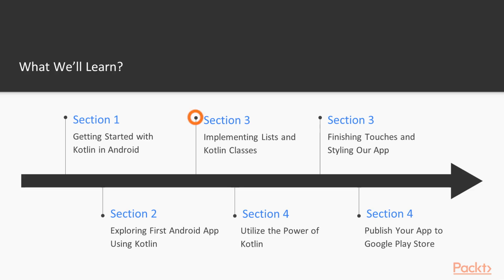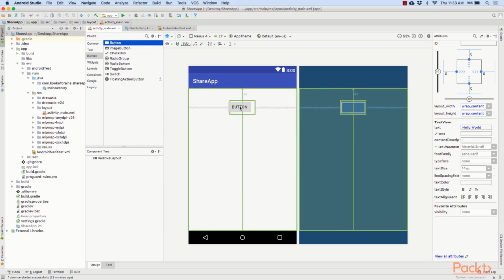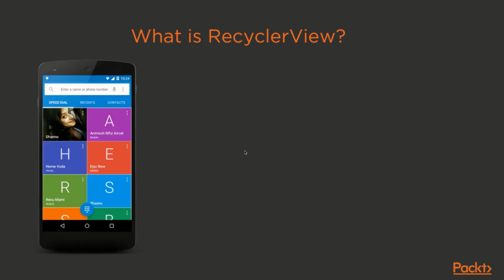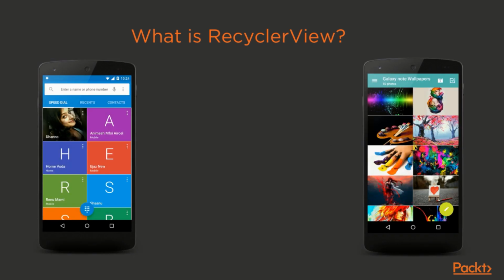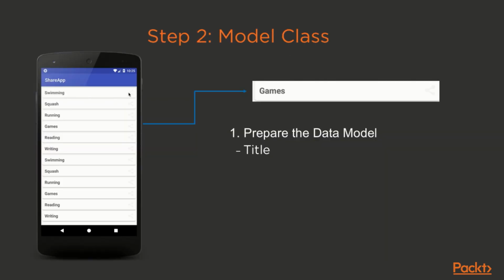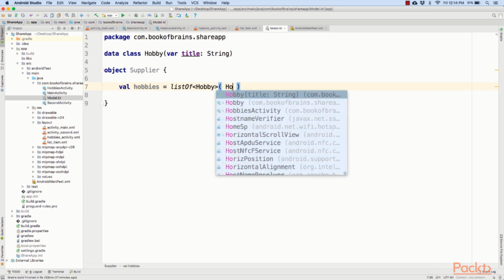In the first two sections, after we build the foundation of the course, we will take a step ahead. We will learn how to design layouts for an Android application, and then implement a list in Android using RecyclerView along with the CardView, and explore various Kotlin classes such as what a data class is and how to use the RecyclerView adapter class to bind data to the view of the list.